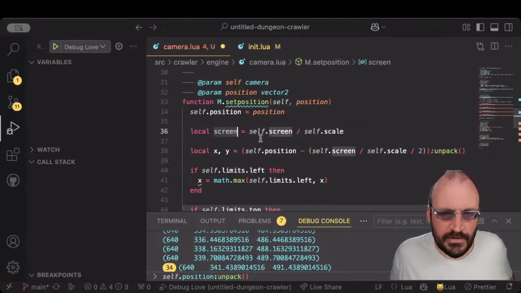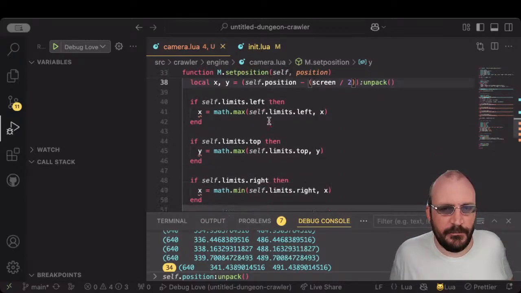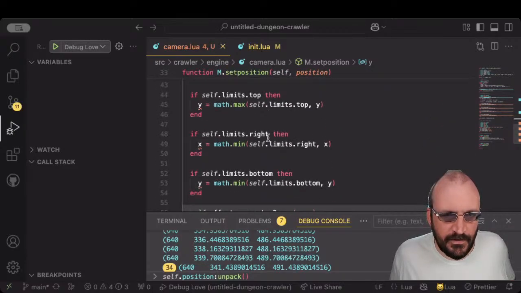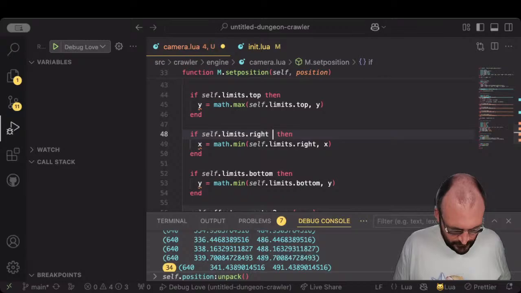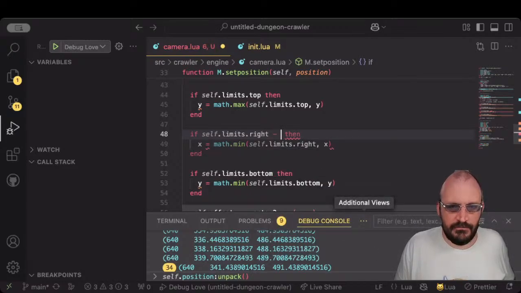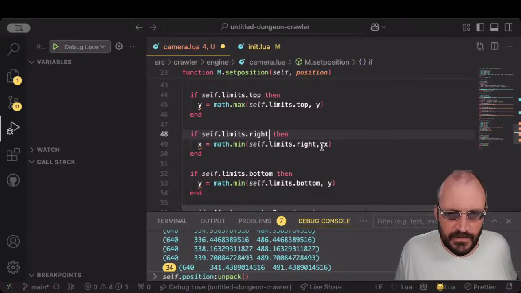Okay, so we're going to have our screen. We're going to divide it by 2 here. Then when we calculate the other edges, we want the right,